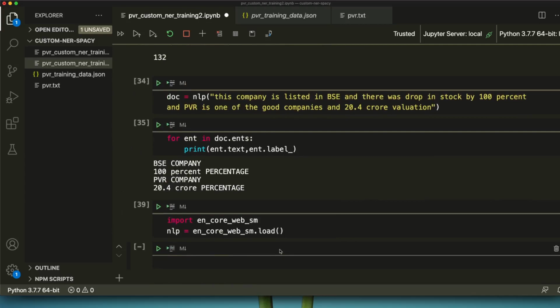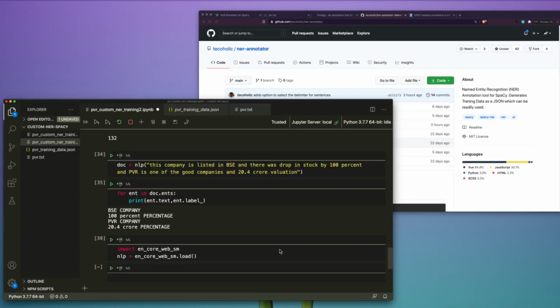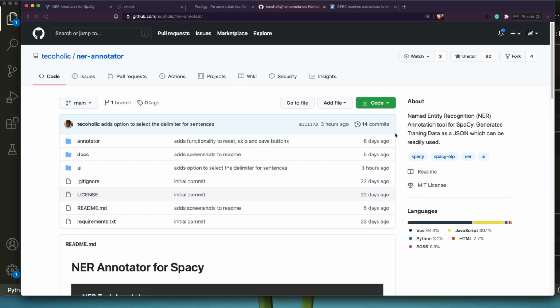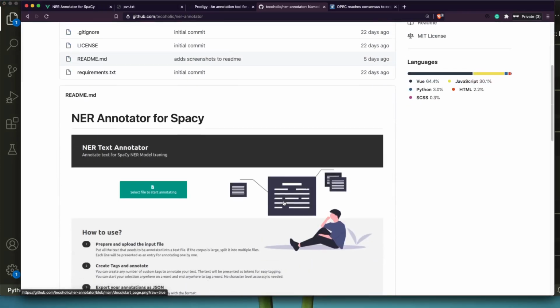You don't want to always start from scratch, because then you will face a lack of data roadblock, but you can start with this. That is a very good option. Download an English model, start adding your labels to it, train it, and then you are good to go.